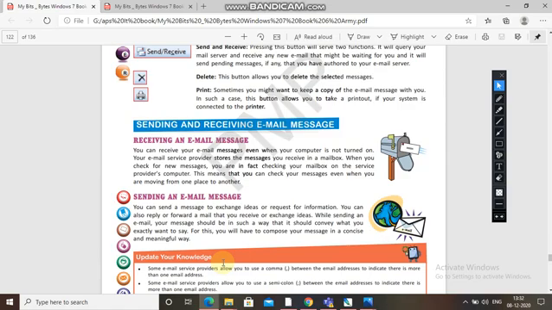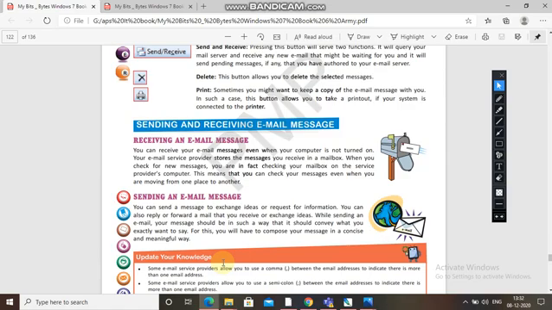Okay, the company, the email service that is providing you the internet service, the service provider, will store your message which you receive in a mailbox, and when you check for new messages, you are in fact checking your mailbox on the service provider's computer.